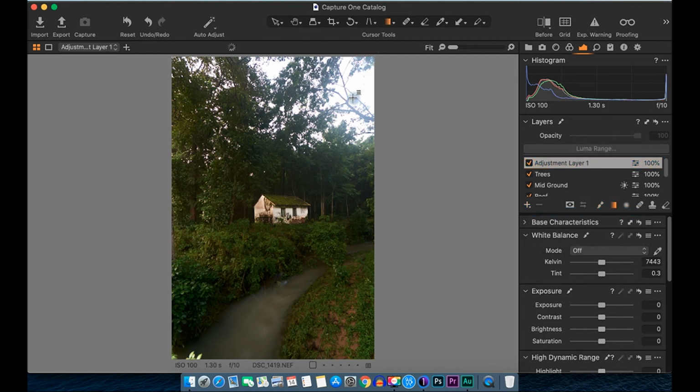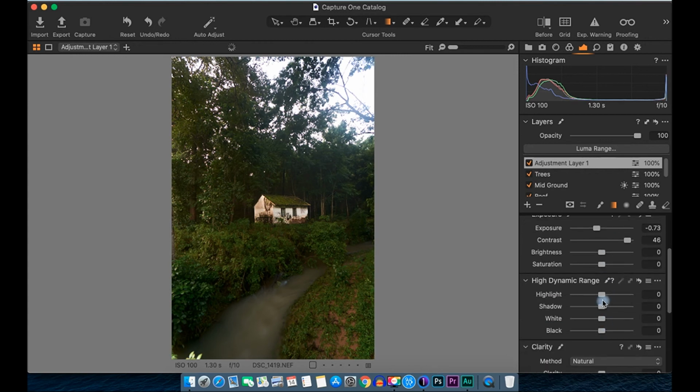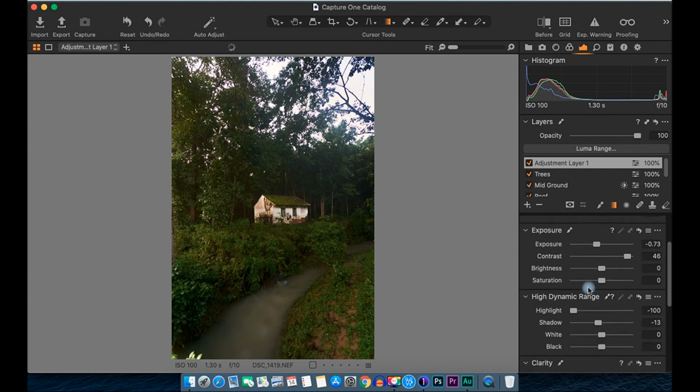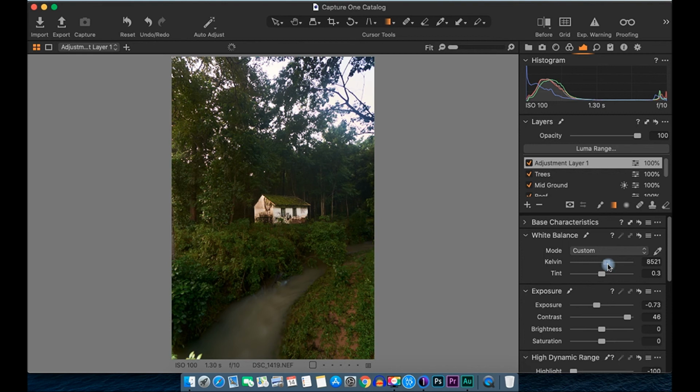So select this area, and we will reduce the exposure a bit, give fair bit of contrast, and again give bit of warmth, reduce the highlights, tiny bit of shadow, and let's reduce the structure and clarity as well a little bit, gives little bit of warmth and tint towards the green. That's it. Bright area.